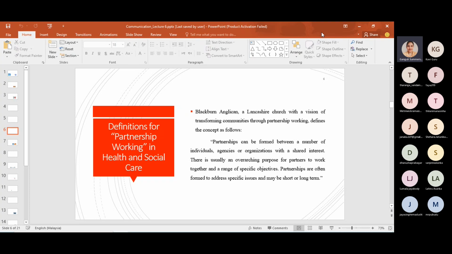Okay, and there is usually an overarching purpose for partners to work together and a range of specific objectives. There are several reasons why agencies, organizations, and companies get into partnerships. Partnerships are often formed to address specific issues and may be short or long term. As we learned earlier, partnerships can be short term partnerships, long term partnerships, and you can form partnerships to address certain issues as well. As I taught you guys earlier, if there is an organization called Organization A, which has really good expertise, a really good